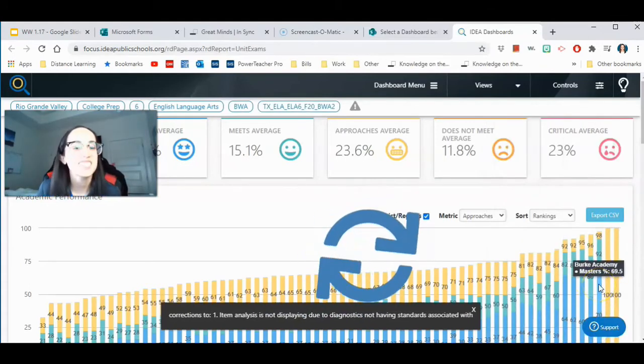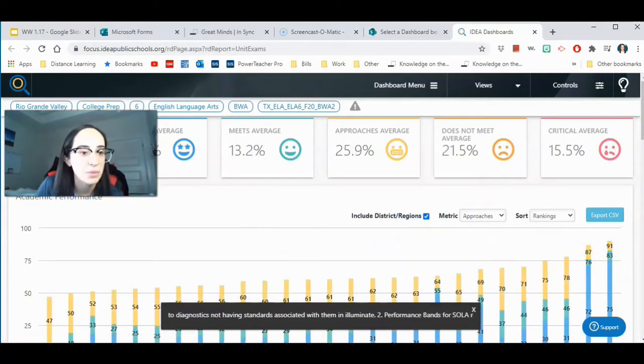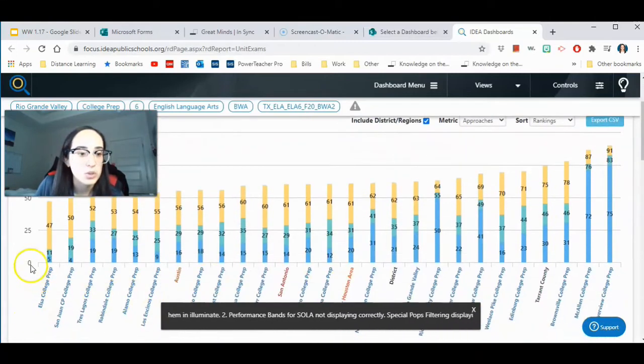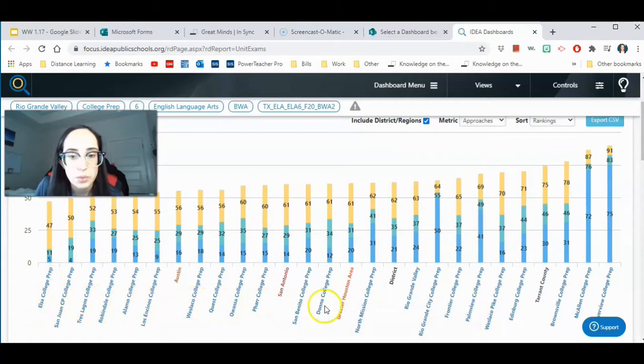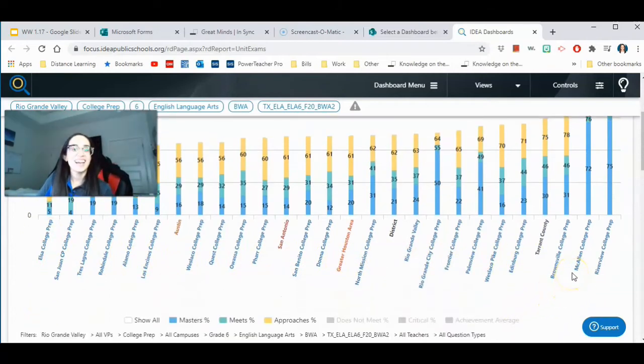I'm sure you guys are just as nervous as I am because I have no idea where we ended up on the map, but let's see. As we can see here, we start off with the schools that didn't have the very best scores, and as we move on, we go up and up to see where we ended up. So notice how Idea McAllen came in 2nd place. Well, it's okay though because we're still at the top, and that's perfectly fine.